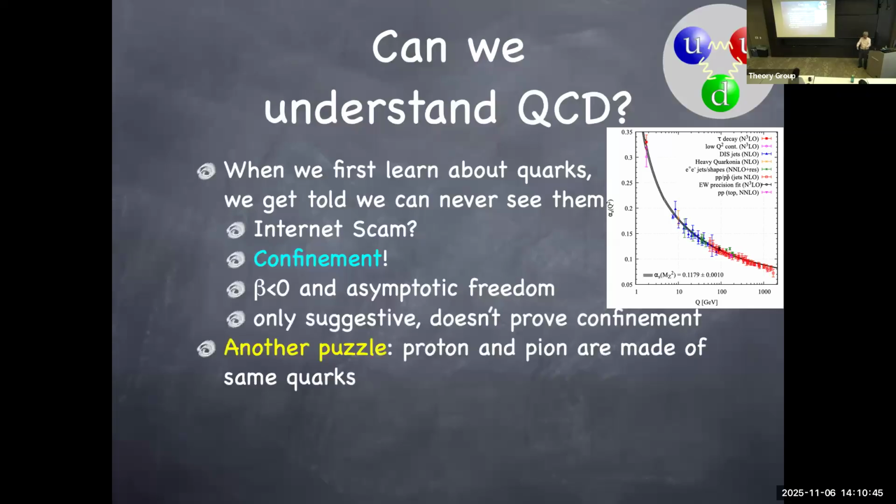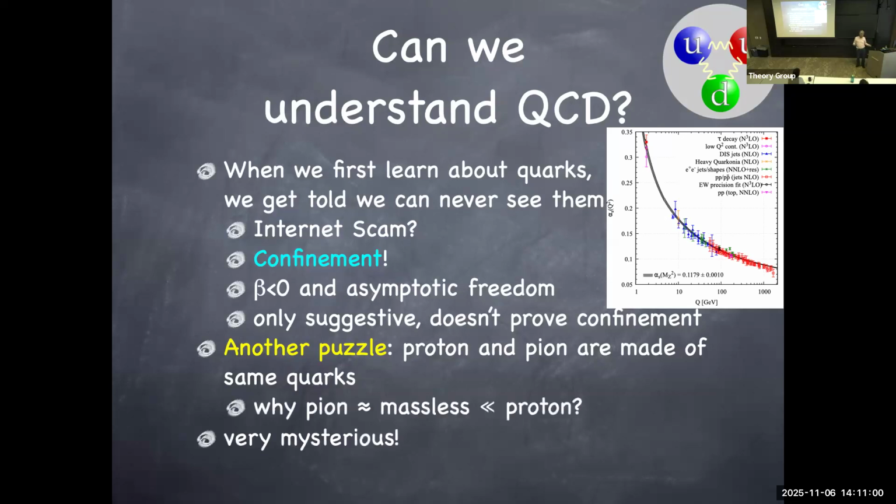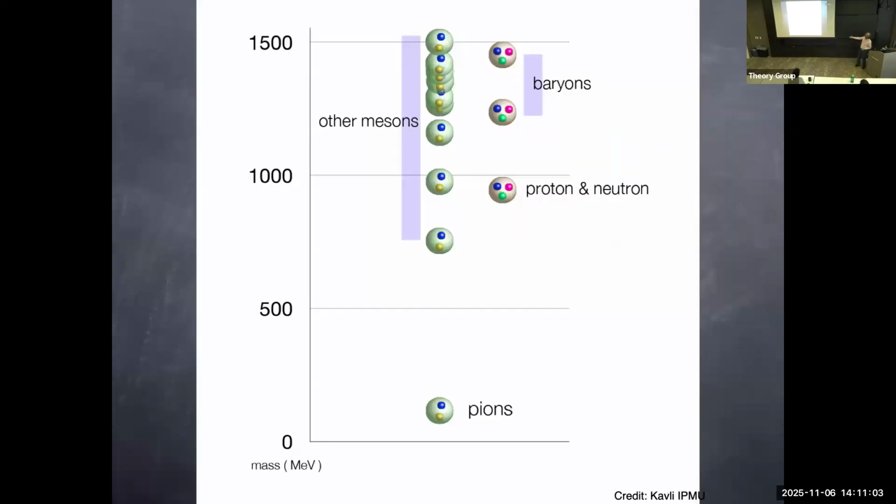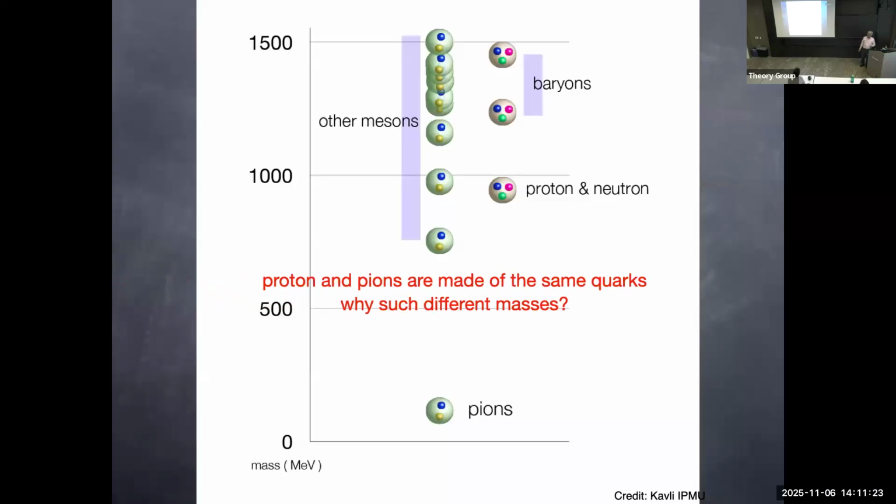Another puzzle, which is really at the heart of the physics happening here, is that proton and pion are made of the same quarks, up and down quarks, everybody knows that. But pion is much, much lighter than proton. And this lightness of pion is actually very important for us to exist. If you look at the spectrum of hadrons at low energies, here's the pion, here is the proton, and this is the rho meson. There's definitely a big gap between pion and the rest of the strongly interacting particles, even though they're made of the same things and subject to the same confinement. And of course, Nambu told us that to understand this, the pion is supposed to be the Nambu-Goldstone boson.